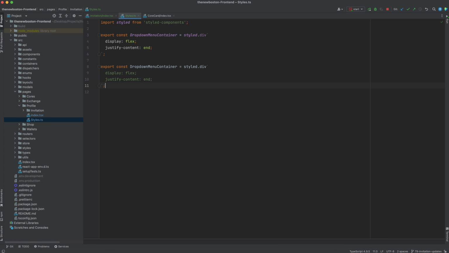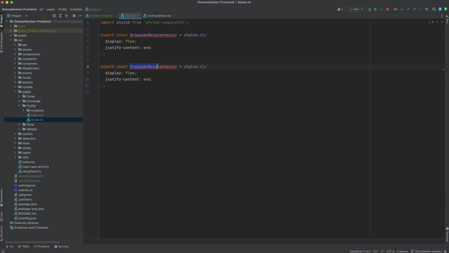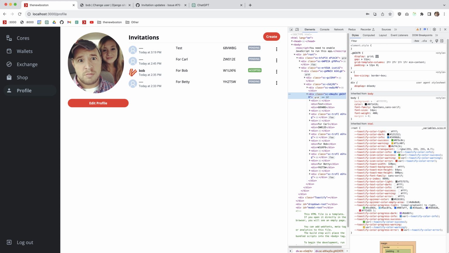These names are getting a little cumbersome, but I like things super explicit and standardized. And this is justify content center. Yeah, it looks a little bit long, but